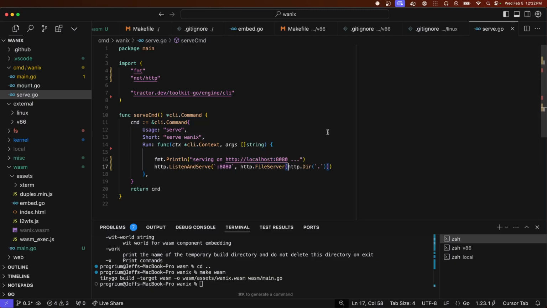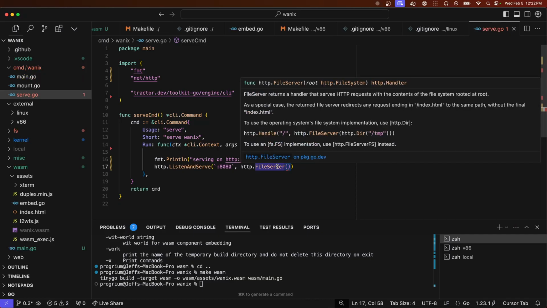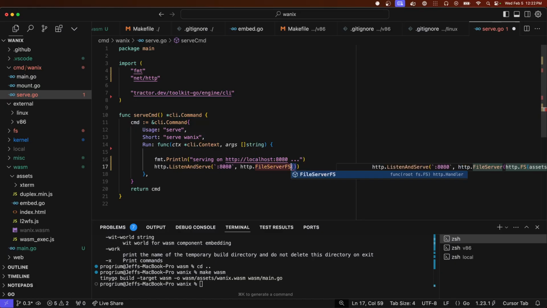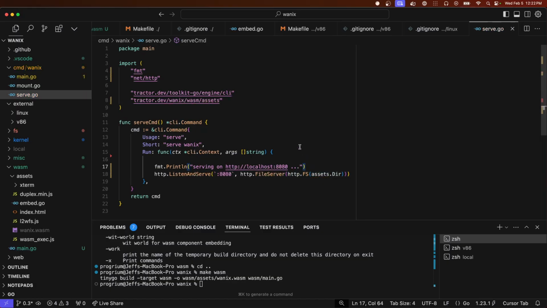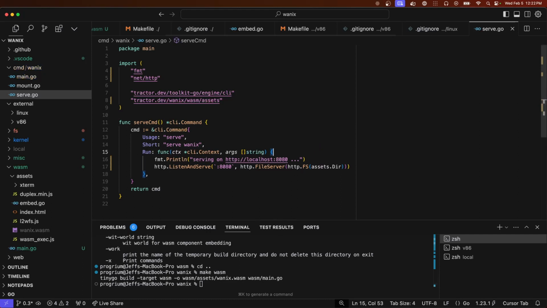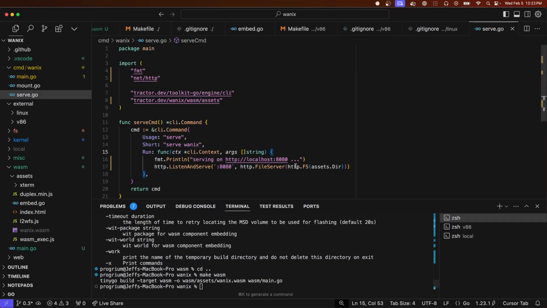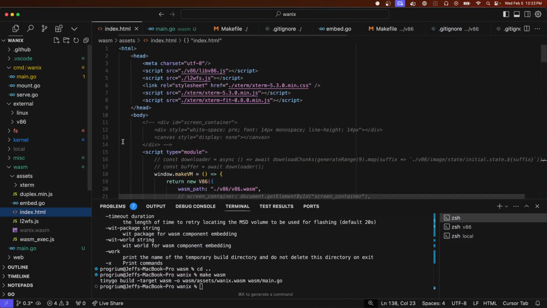Yes, a file server, but yes, that is correct. Figured it out. Thank you, AI. So basically, it's just going to serve all of the files under assets, except for the binary itself, since we built them in. So the root index, and we probably have to change some of the